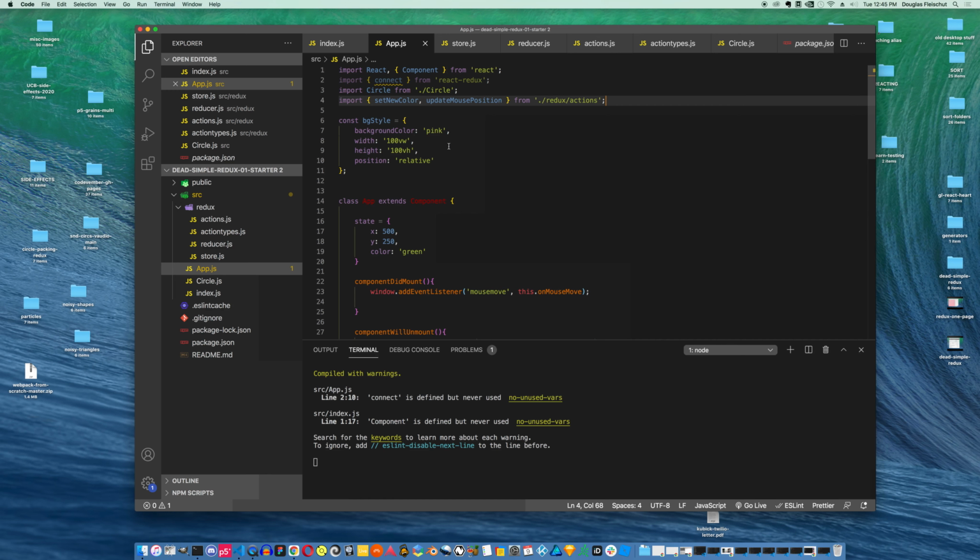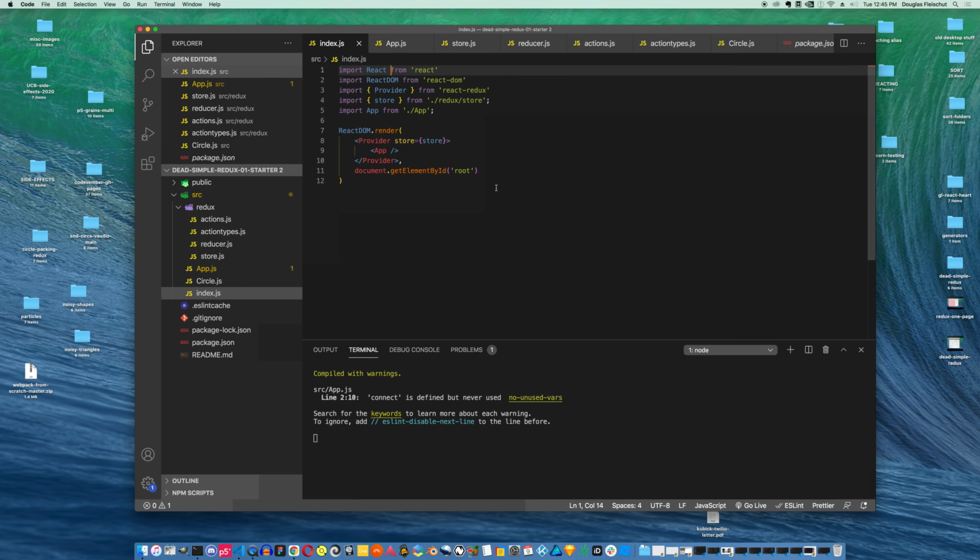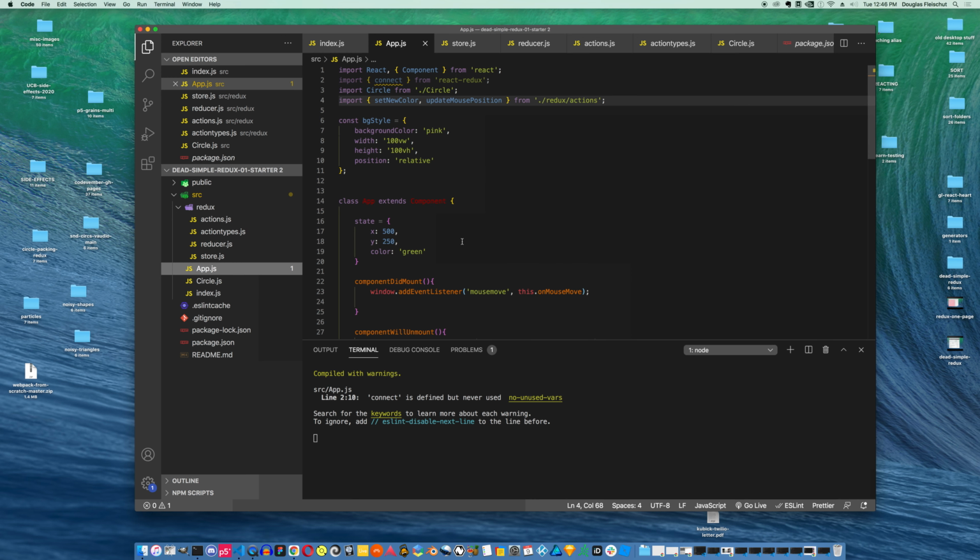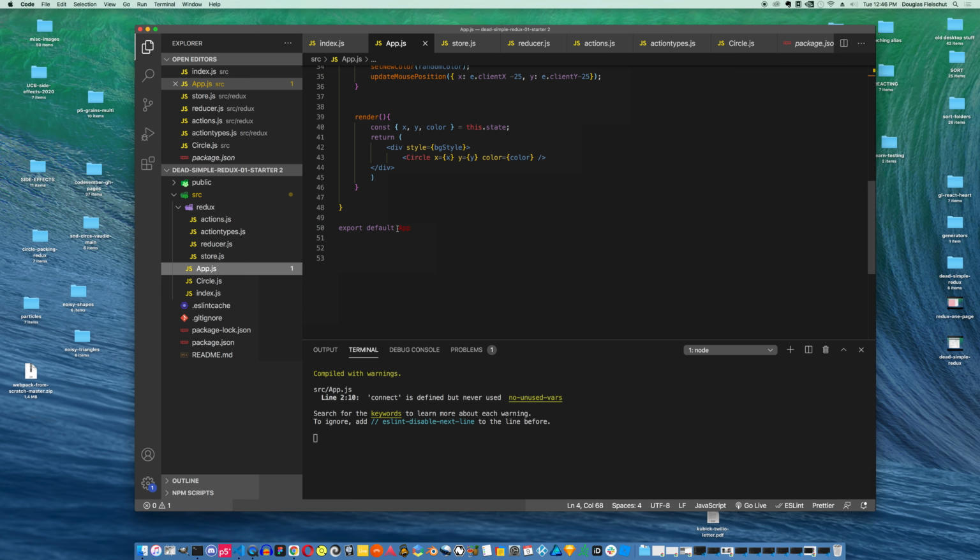Component is defined but never used. That doesn't make sense to me. What's that on? Oh, it's on index. Okay. So now the store is coming into our index.js. This is wrapping our app. And in our app, we can use this connect function to connect our app